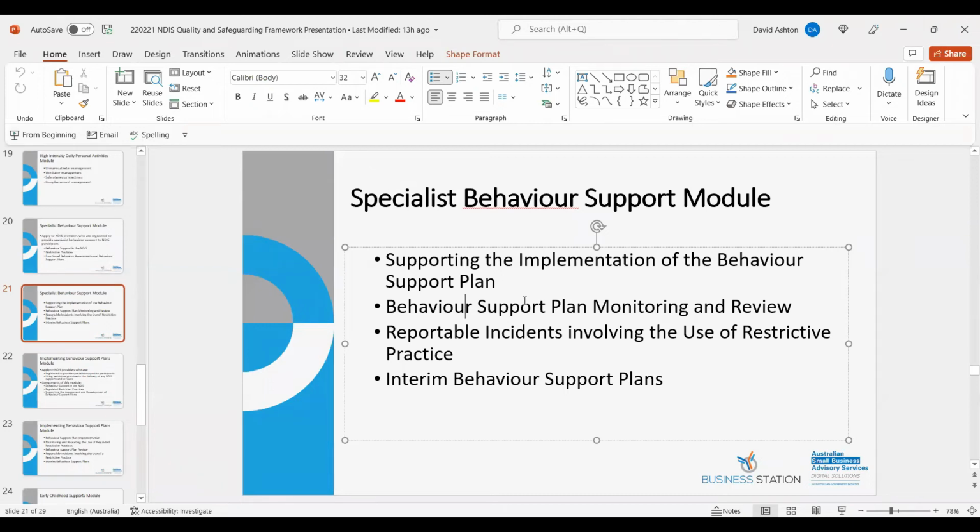So interim behaviour support plan. There might be some gap between when that client is engaged and when you get the full support plan in place. So you may have interim plans developed just to start things off. You need to evaluate the risks posed to the services and document that, and advice and guidance is given to providers implementing behaviour support plans. So again, you need to communicate that to your employees.